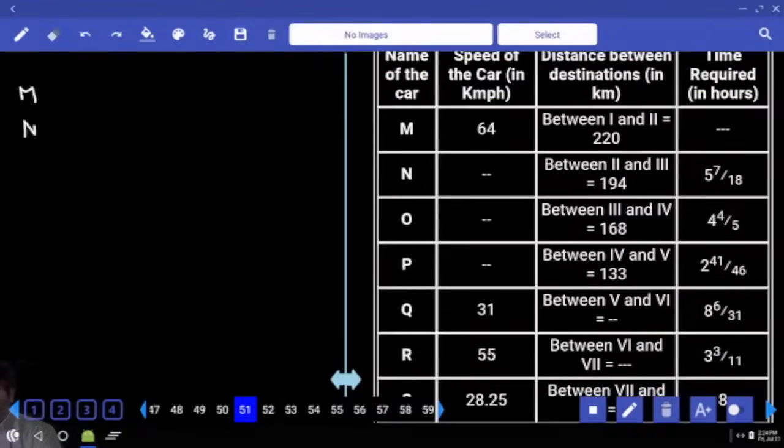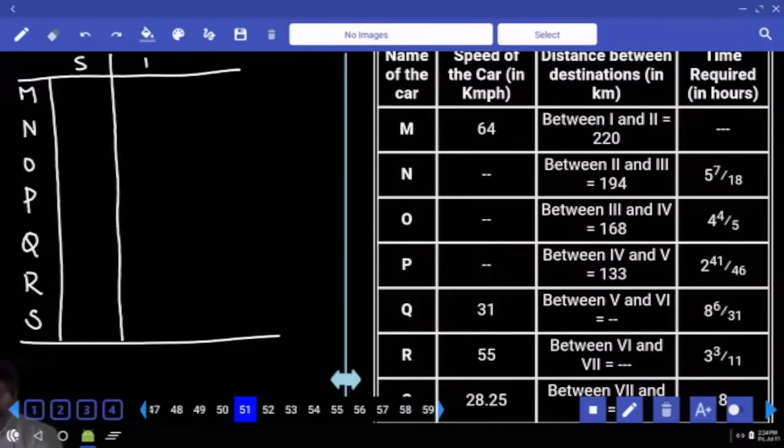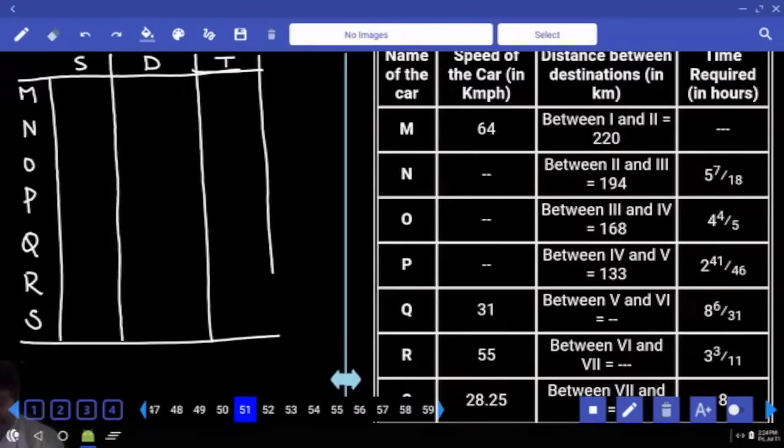M, N, O, P, Q, R, S. First, they are talking about speed. Then they are talking about distance. Then finally, they are talking about time. Let me first write the numbers which are mentioned: 64, 31, 55,